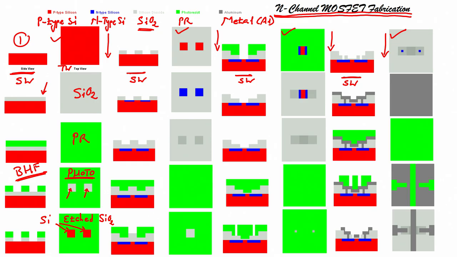Let us repeat only this section. Okay. See, first step is we take a p type silicon, next step is we grow silicon dioxide, right. How we grow silicon dioxide? By using thermal oxidation. Okay. Next step is we spin coat photoresist. After spin coating photoresist, we have to do pre baking, or soft baking. Then we have to load the mask, and then we have to expose the wafer, then we have to develop